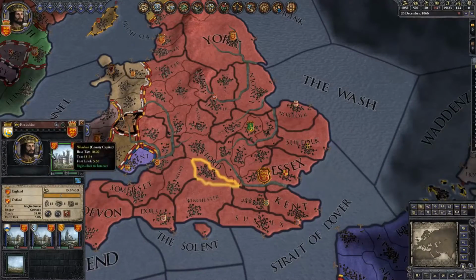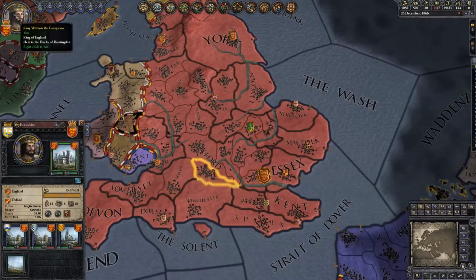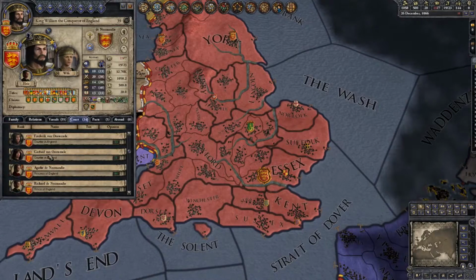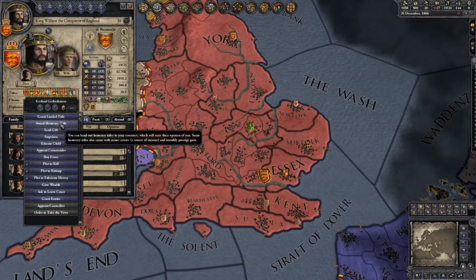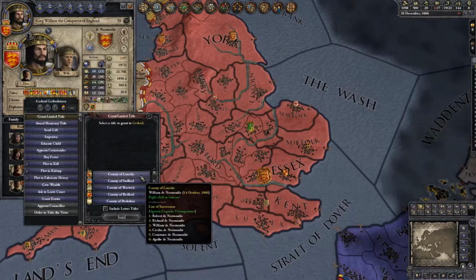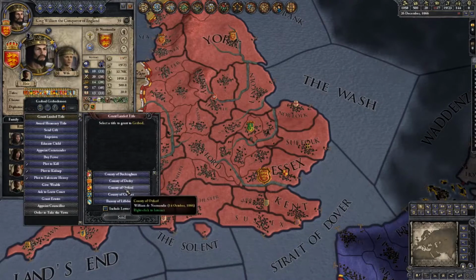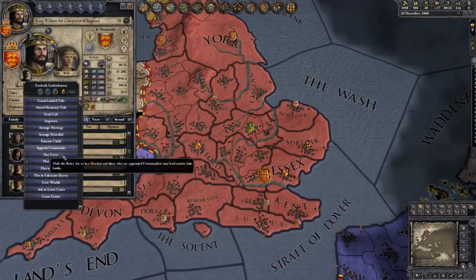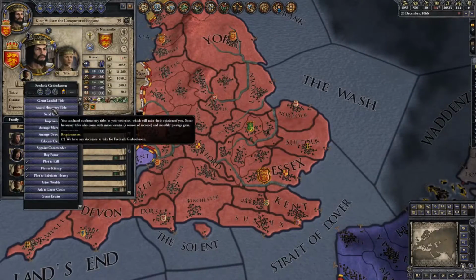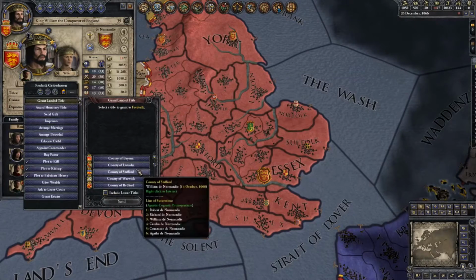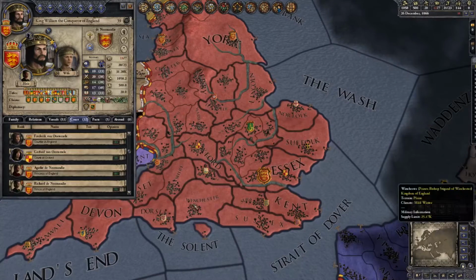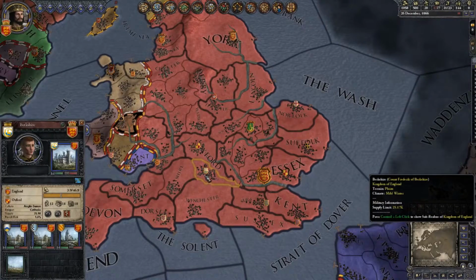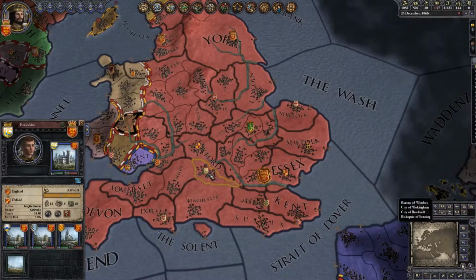So we're going to give Berkshire to a vassal, which you can do any kind of different way. I'm not going to go into strategy here. We're just going to pick some people. Okay. We're gonna give you Oxford, and you can give anybody a county, right? So it's really however you want to do it. And then we're gonna give you, what is this, Berkshire? Okay. So we gave away 2 more territories, so we're down to 17, and then on top of that, we're going to create the Duchy of